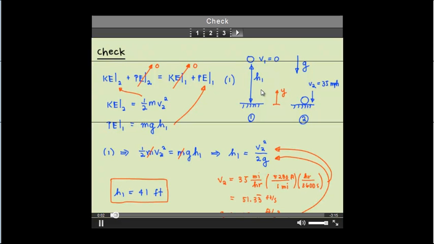Okay, so we finished solving the problem. We could end here, or what we could do is check our answer. And there are two ways that you can check an answer. One is just to ask yourself, does